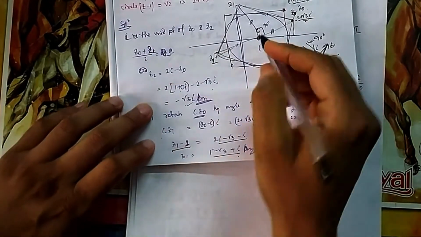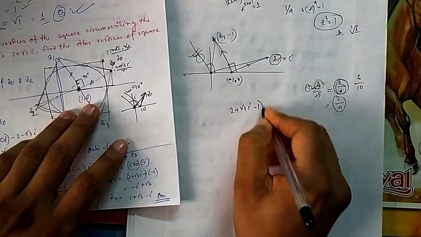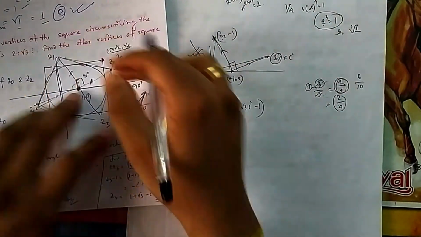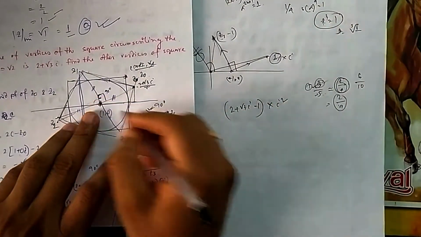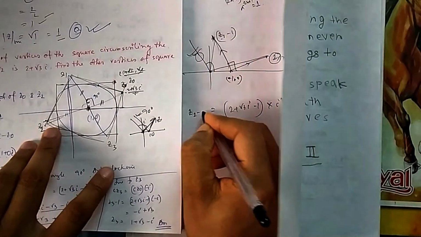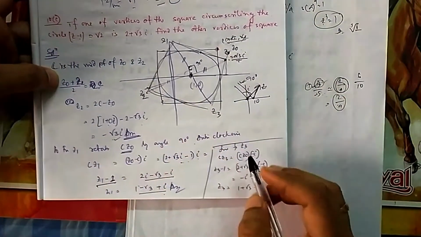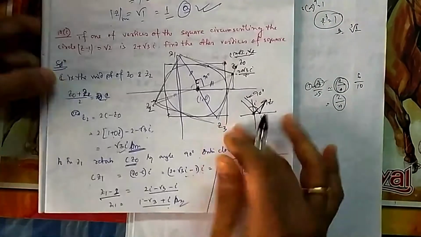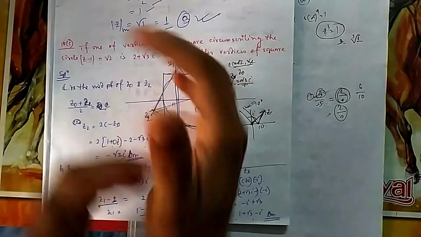You can do it the same way for this one also. If you multiply, 2 plus root 3i minus 1 is the vector. You multiply by minus 1, that is i square, because you want to rotate it by 180 degrees. So you come here, but that will be equal to z2 minus 1. You can do it that way also. Similarly here you will multiply with minus i, but you will get z3 minus 1. So z3 will be 1 plus that. So you got all these four points by just rotating, multiplying by i. But you have to be careful while multiplying.